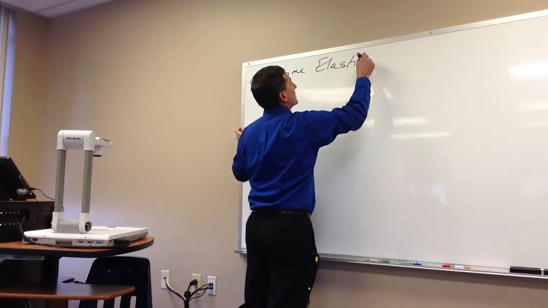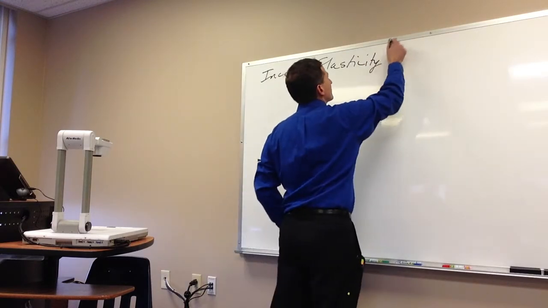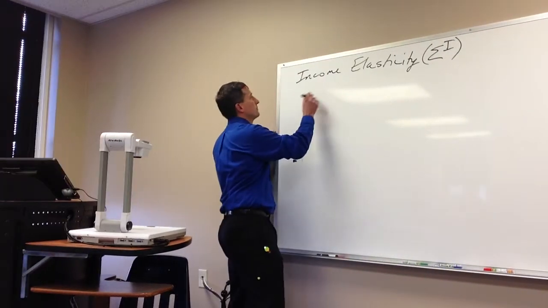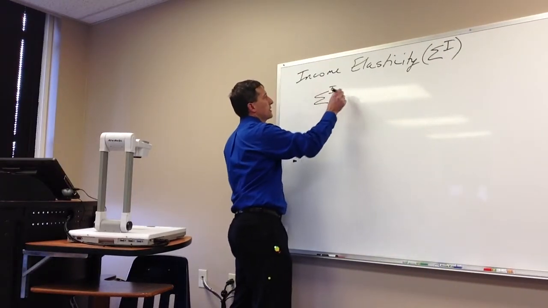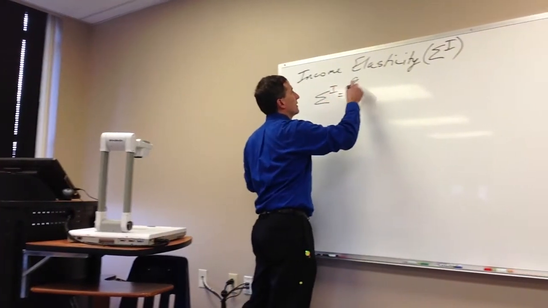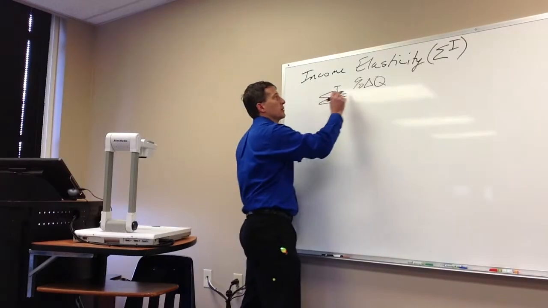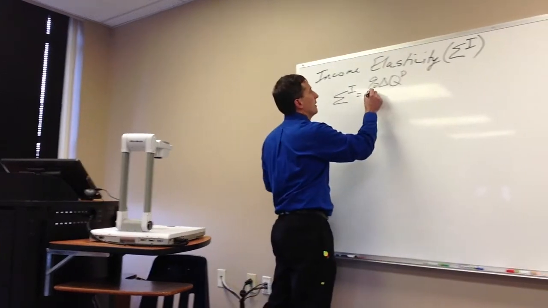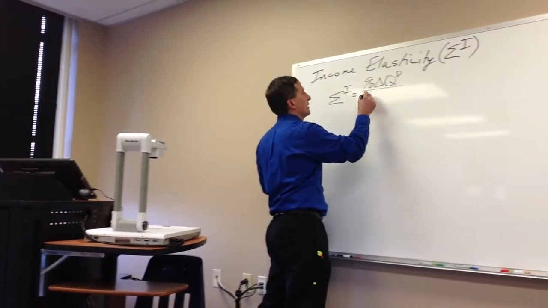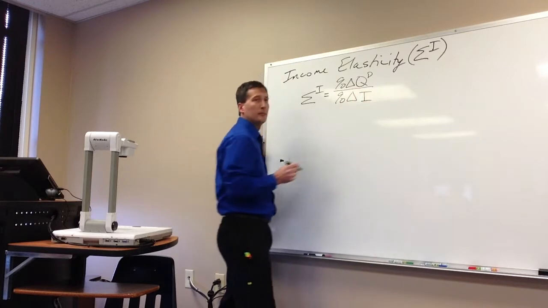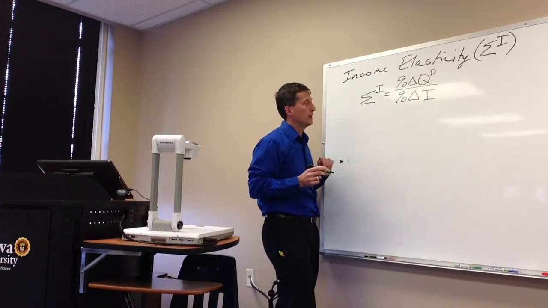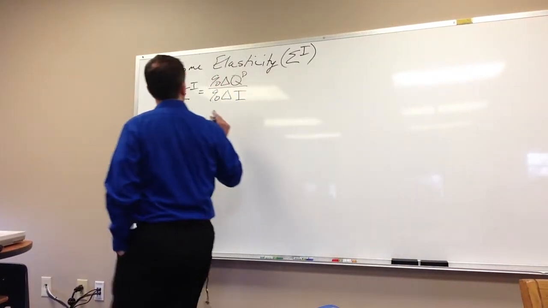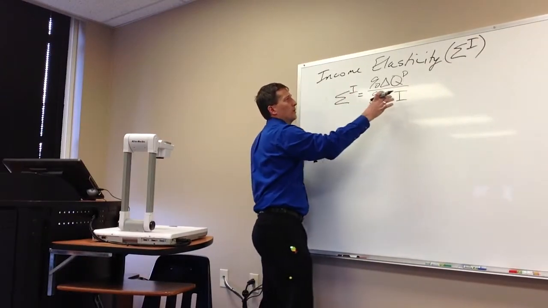The income elasticity. All of these formulas, as you go back to kind of rack your brain, look very similar. So it's the percentage change in the quantity demanded, the quantity people want to buy, based on their change in income. I'll come back to that in a sec. So